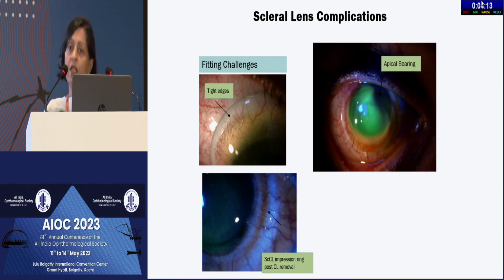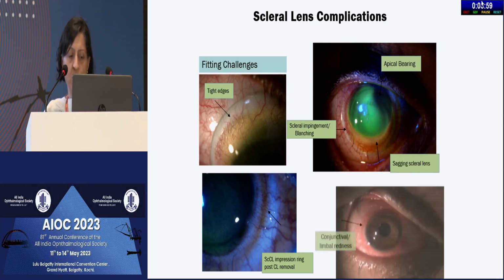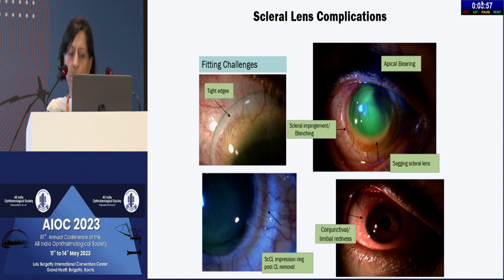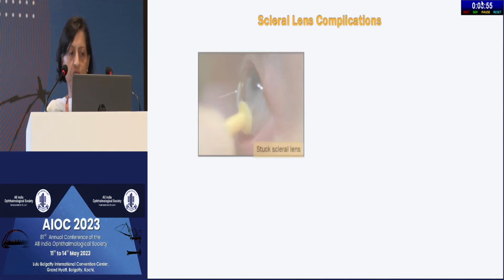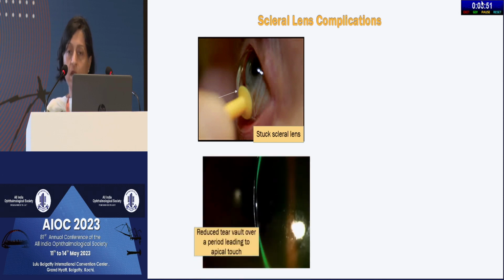So when you fit it, let the patient wait for half an hour, 45 minutes, or an hour, and then reassess afterwards. There could be apical bearing, there could be impingement and blanching of the vessels in the periphery, indicating that it is too tight. It could be sagging as well, and there could be conjunctival or limbal redness as a result of the poor fit. There could be a stuck scleral lens, which can be quite a very panicky situation for the